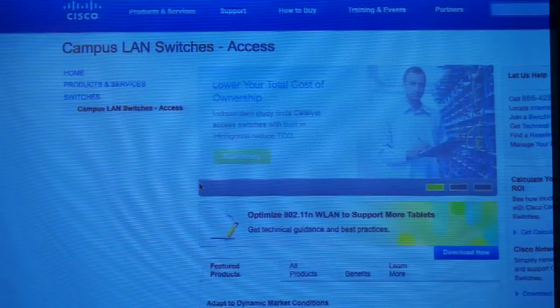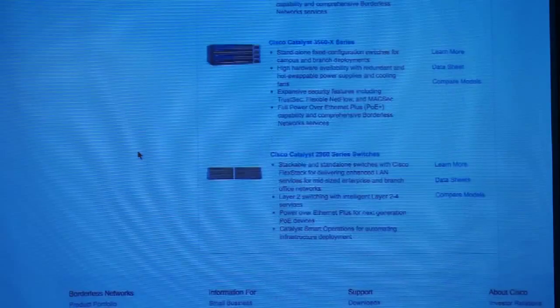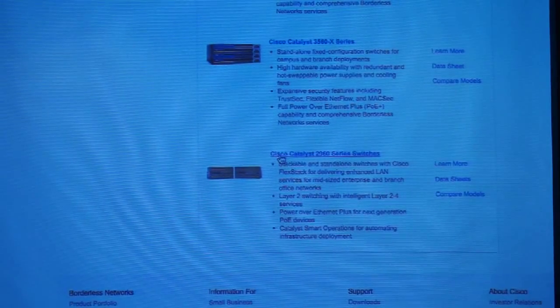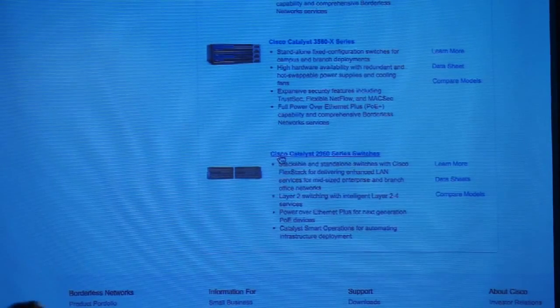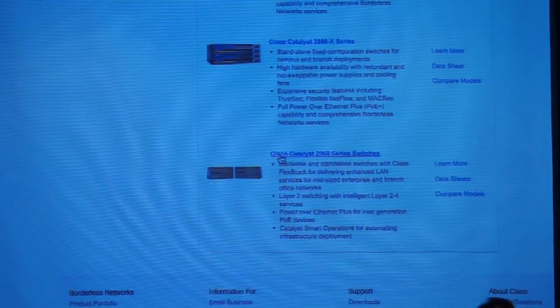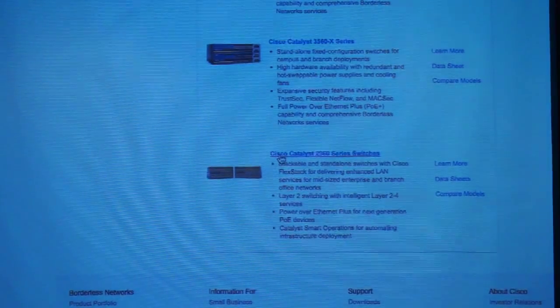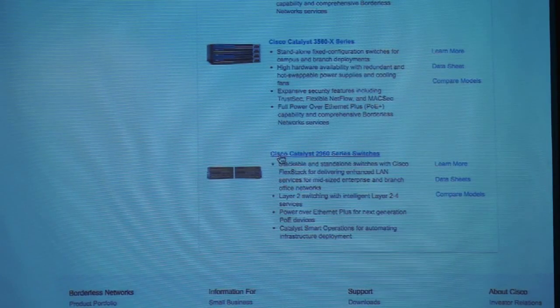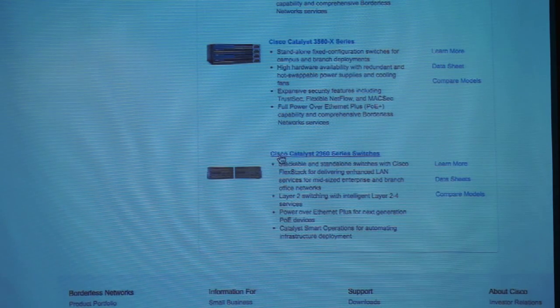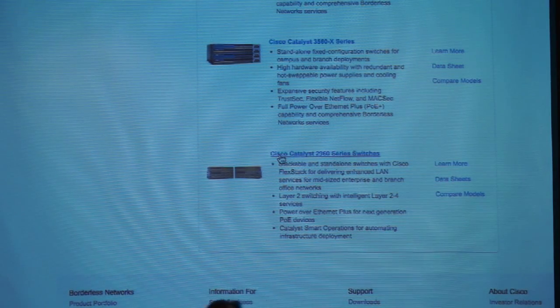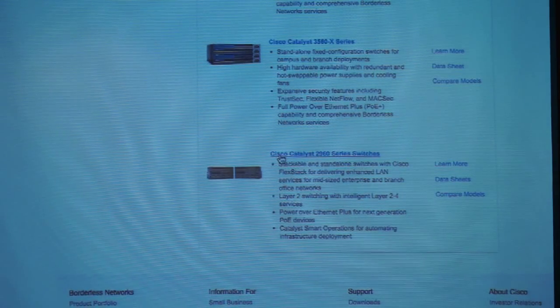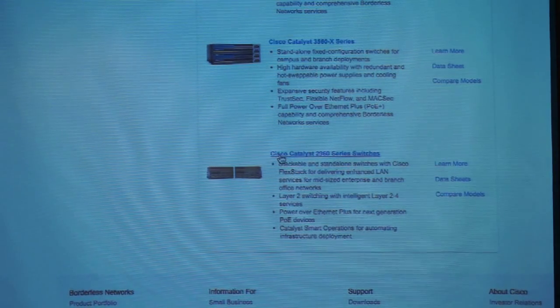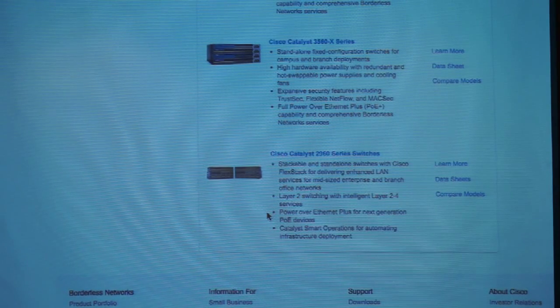Here's how they've divided it up. So let's look at our access switches, our featured products. We're going to start down here at the bottom with our Catalyst 2960 series of switches. Layer 2 fixed switches and layer 2 through 4 services. What that means is it can do 802.1x, it can do some cool things and read into the frame a little bit deeper, but it's going to assign VLANs and not be able to route VLANs. So the 2960 is a layer 2 only switch. These are access layer switches, and they provide Power over Ethernet Plus.